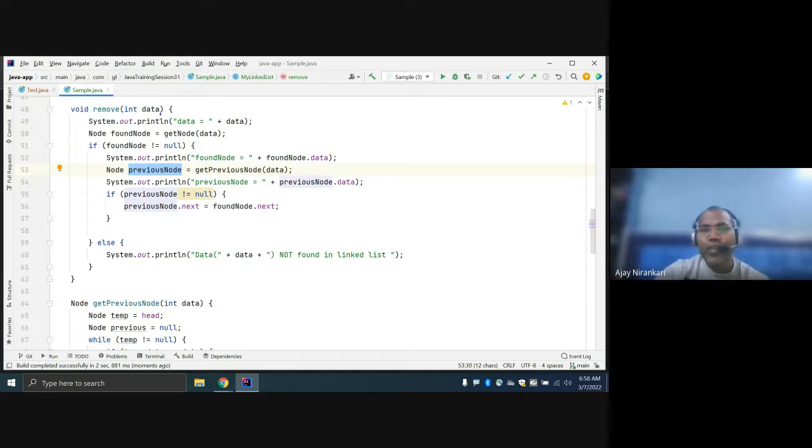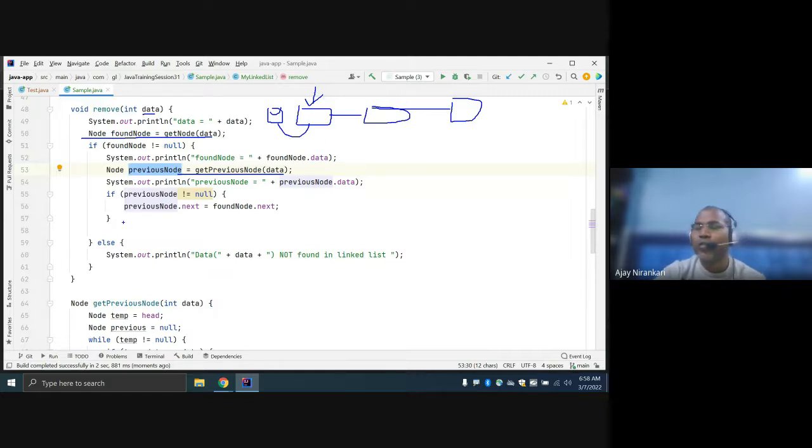Yes sir. First you found the element, and that element exists in the linked list. But whenever I try to get the previous node, it returns null. That means the user wants to remove this head one. So we have two options.